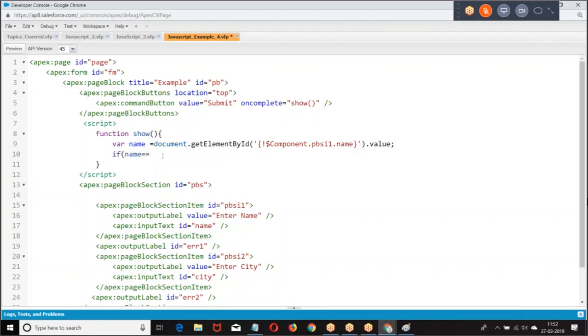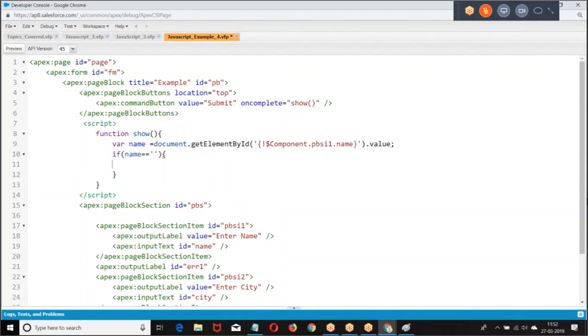So I took name equal to blank. Document dot get element by ID, you put dollar component dot page block section dot error 1.